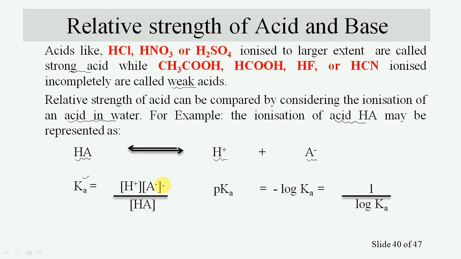The dissociation constant Ka is used to measure the relative strength of an acid. Stronger the acid, larger is the value of Ka. To express the dissociation of an acid, a term pK is commonly used, which is defined as pKa, that is equal to minus logarithm of Ka, and it is further equal to log 1 upon Ka. Larger the value of pKa means that the acid is little dissociated and therefore it is a weak acid.